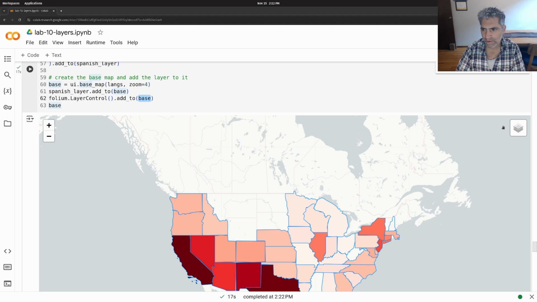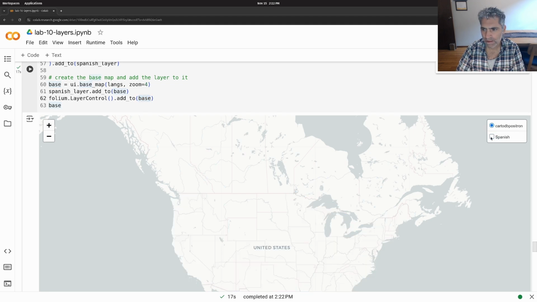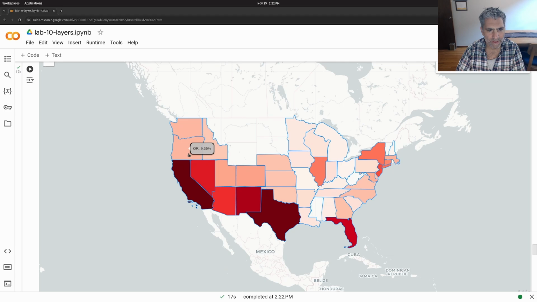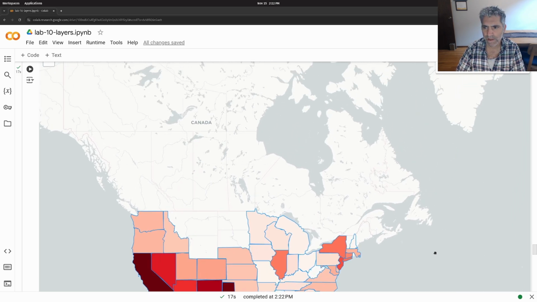Once we add layer control, we get this little pop-up, and it lets us toggle layers on and off. So far we only have one layer. But it looks pretty nice. So this is this layer. We can see